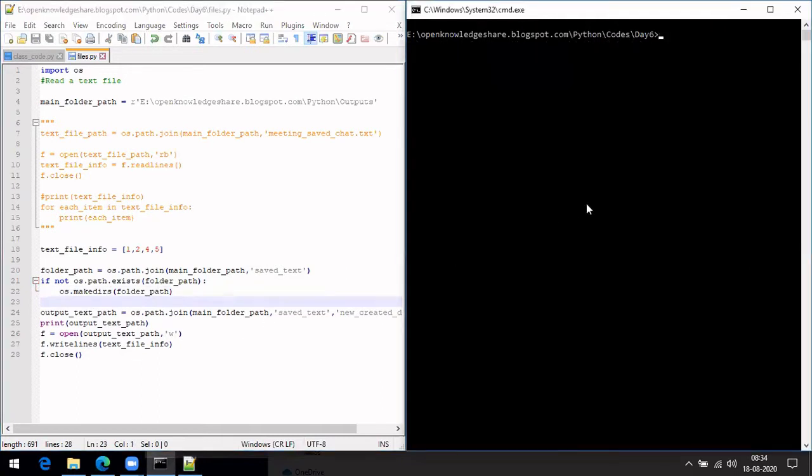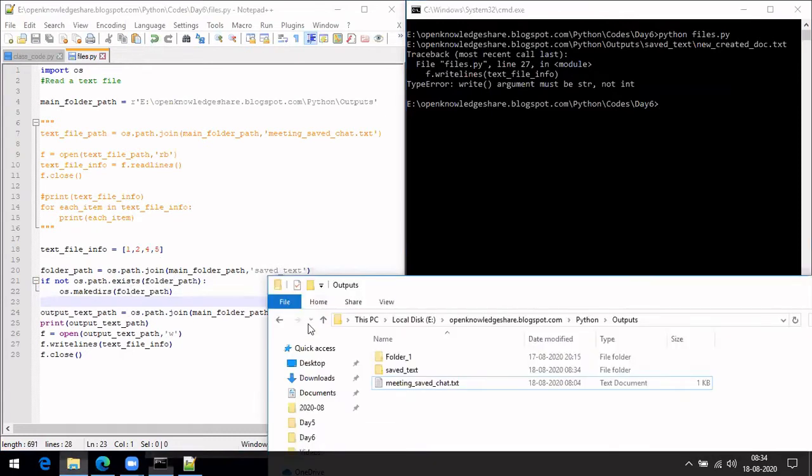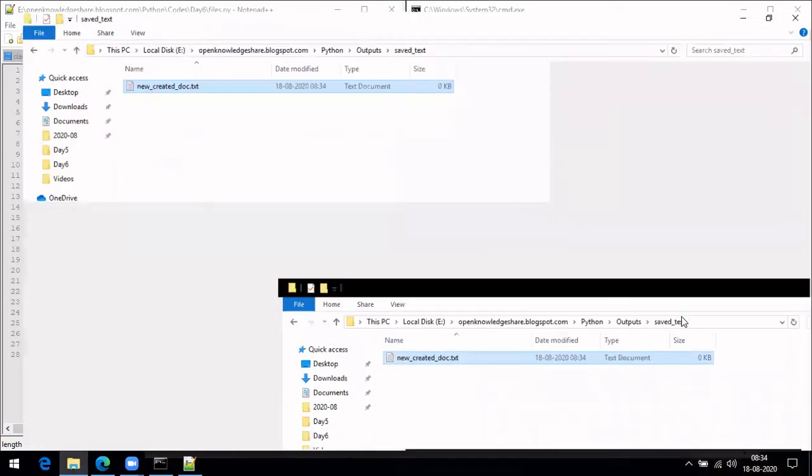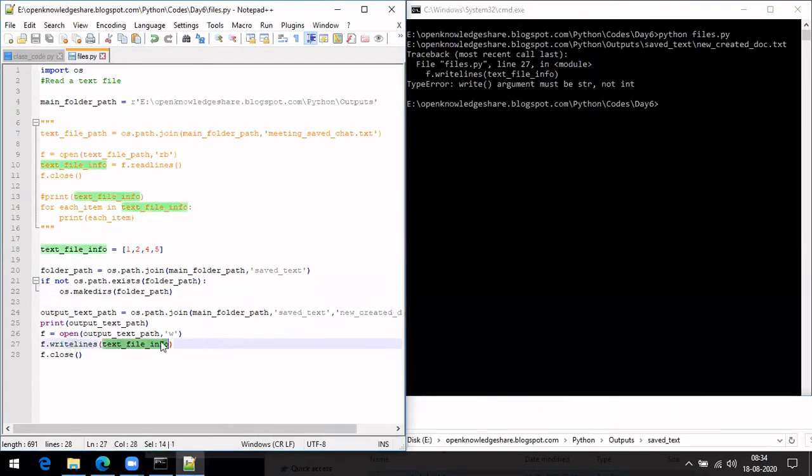So let's run it. Okay. Now it should be a string. Now it has created. I think it went inside. You see, it has created. And initially, when you open it in write mode, it will open an empty document. If you can see, let's go here to writelines. What is it saying? It is saying it should be a string, not the integers here. In case it is, let's also do those things, like how we can put an integer there. So as of now, I'm making it a string.